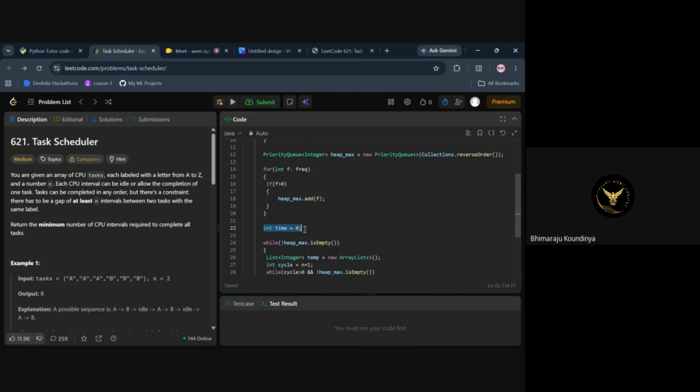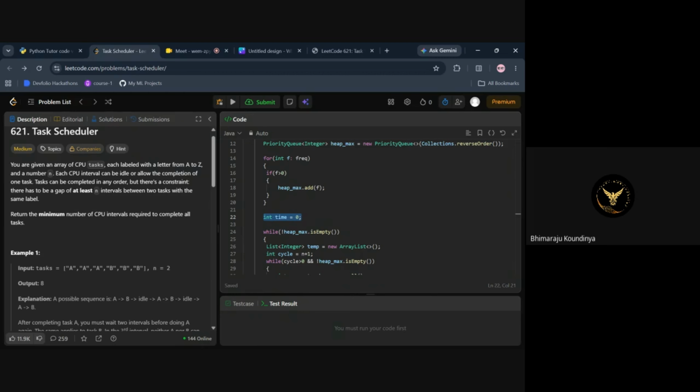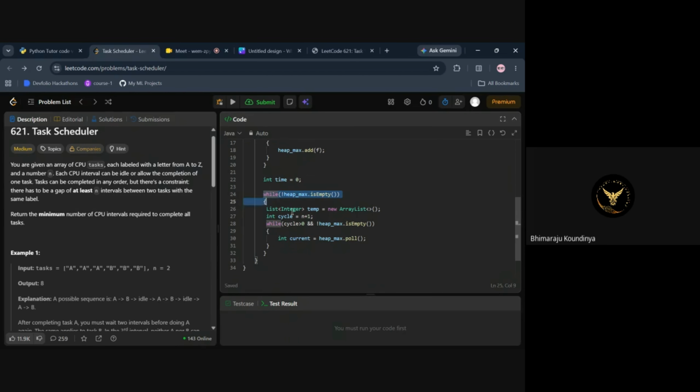Then we are going to keep track of time because the question involves time. We are going to increase this time by 1 unit, say 1 second, as we go. Then we are going to run a loop which will check whether the max heap is empty or not. And if it is not empty, we are going to create an array list to keep track of the frequencies